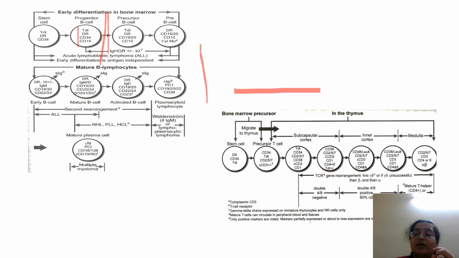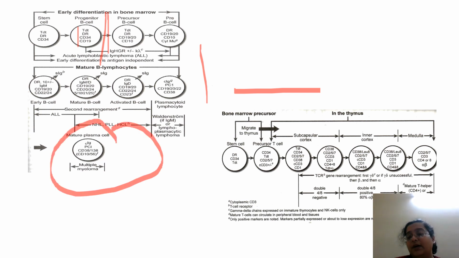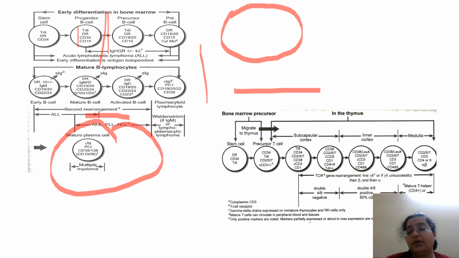all these things matter, because WHO has broken up T cell leukemias and lymphomas as per these T cell receptors also. Similarly, what kind of immunoglobulin develops defines the kind of plasma cell myeloma in a B cell lesion. Similarly, when I teach you lymphomas, you will study whether the lymphoma is a germinal center, a pre-germinal center, or a post-germinal center mature lymphoma.